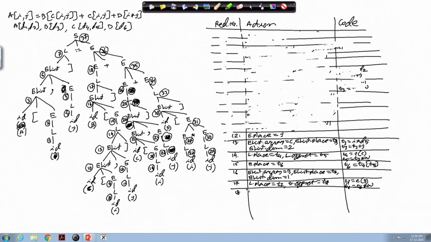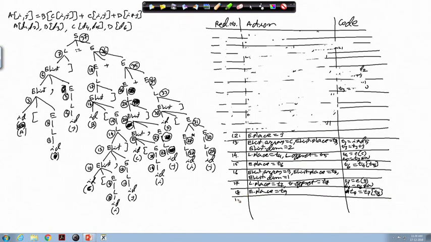At reduction 18, E producing L, it will take a new temporary and E.place equal to T9, where T9 is equal to T7 T8. So, that is 18.